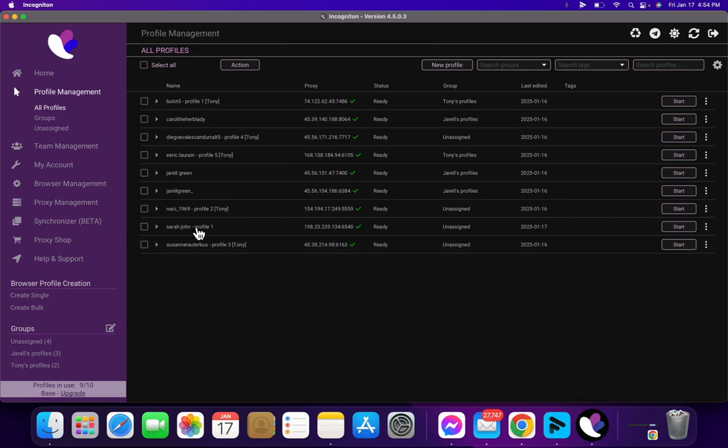So obviously that's not a real profile and we can't log in. So I'm going to show you what to do next. I'm going to go to one of my real profiles. So then if you click start, because this is where you're going to log into your Instagram accounts from, because you want it to look like you're logging in from different computers all around the world or all around the country, wherever it may be. So once you click start,